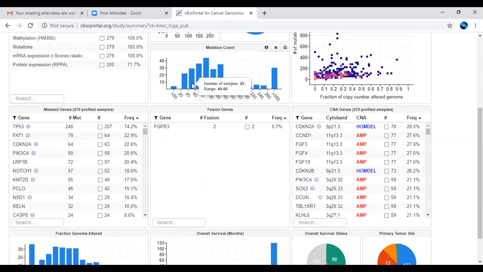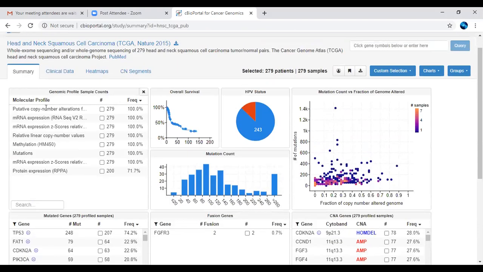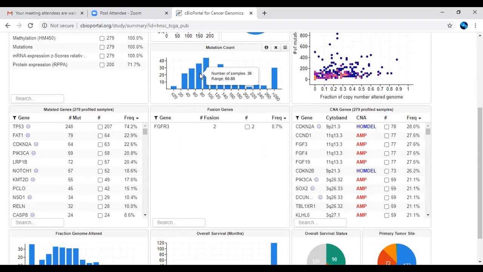Okay, this is nothing but the number of samples they have studied in the mutation count. With respect to that, they have defined the range between 20 to 40 or more than that. So in the 20 to 40 range, how many mutations they got with respect to this molecular profiling. This count they have given, and they have generated the bar plot. If you are more interested in what the plot actually indicates, you can download the data and see what type of data they have included for generating this plot. This is nothing but the mutation count with respect to the number of samples.